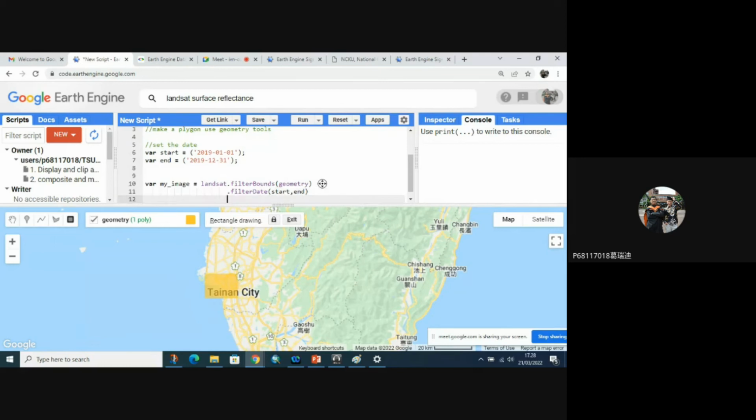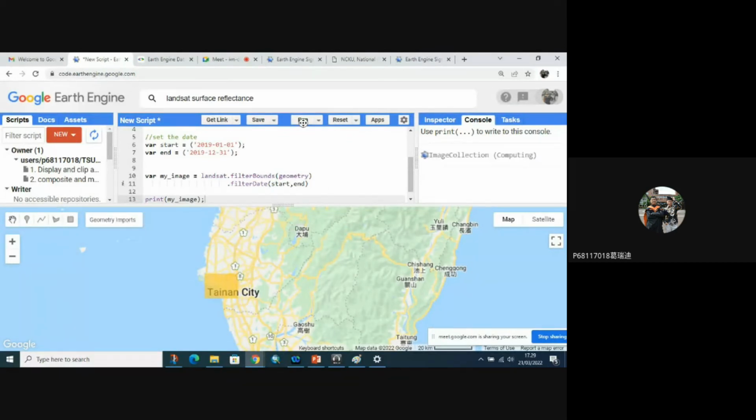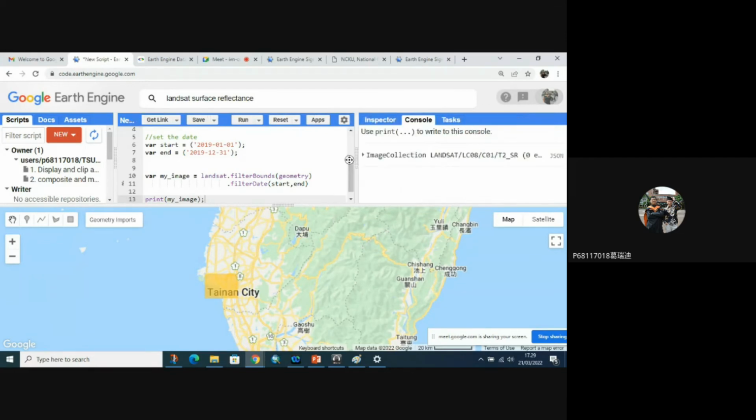And maybe we can show the images first. Print my image. How many images do we have? 0.